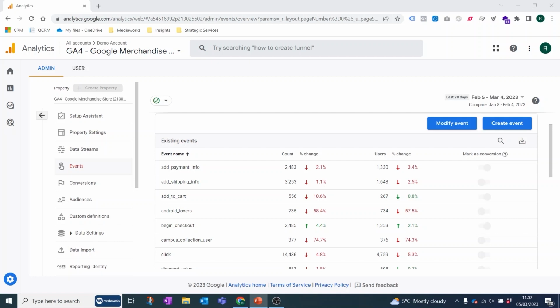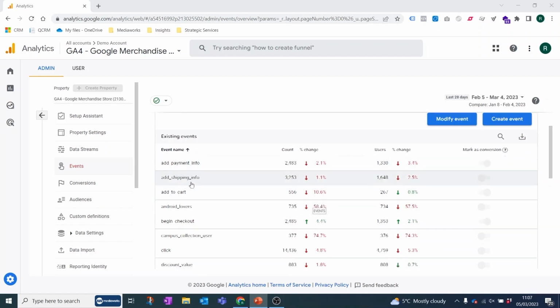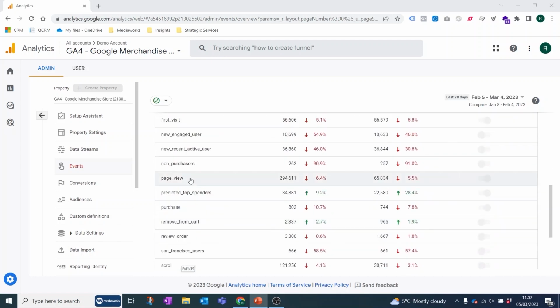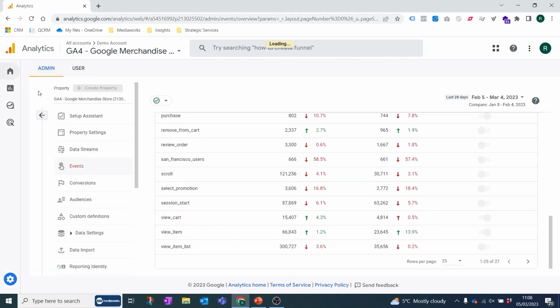It's important to know that event names can't be any more than 40 characters, and you can only supply one piece of information. So for example, add payment info, add to cart, etc. What you have to then use is other dimensions that would allow you to begin to understand this information a bit more. So for example, if we were to go back into the events report,